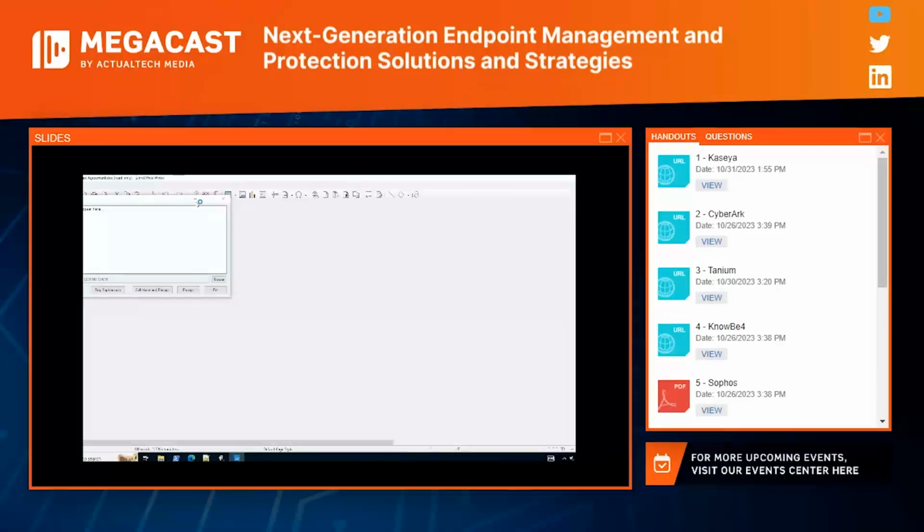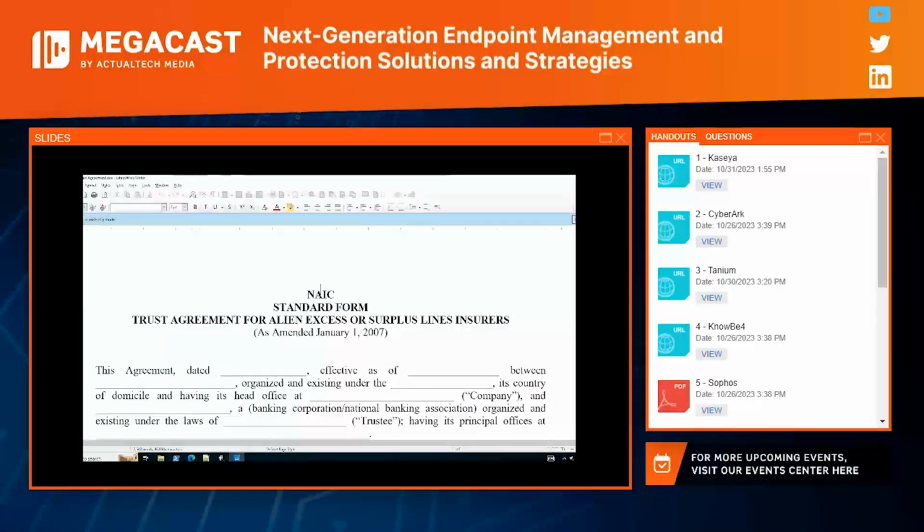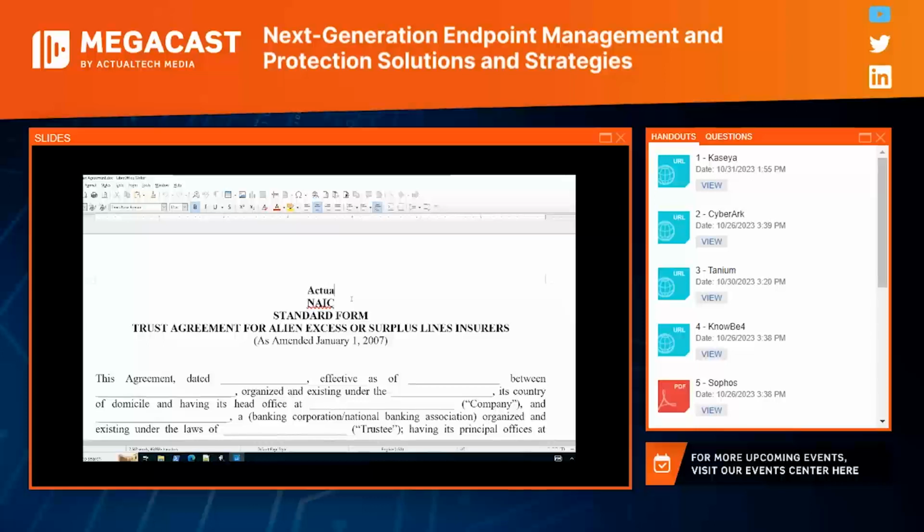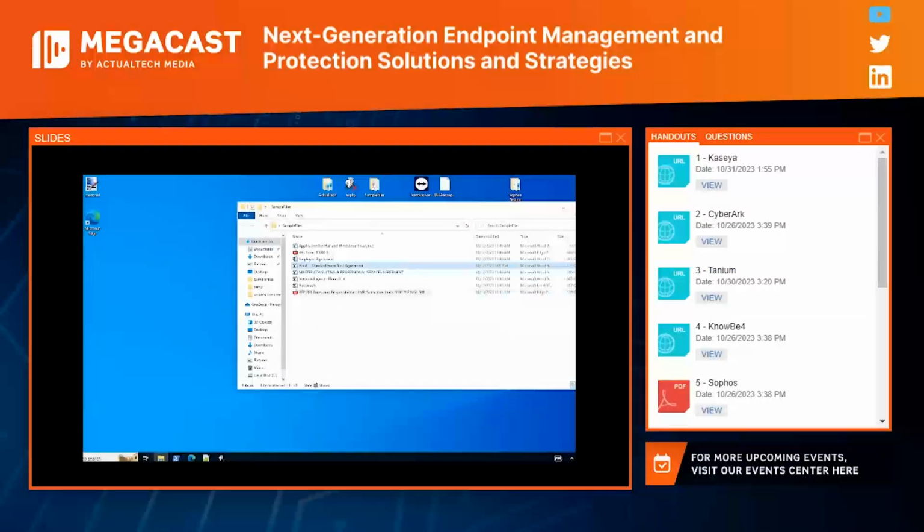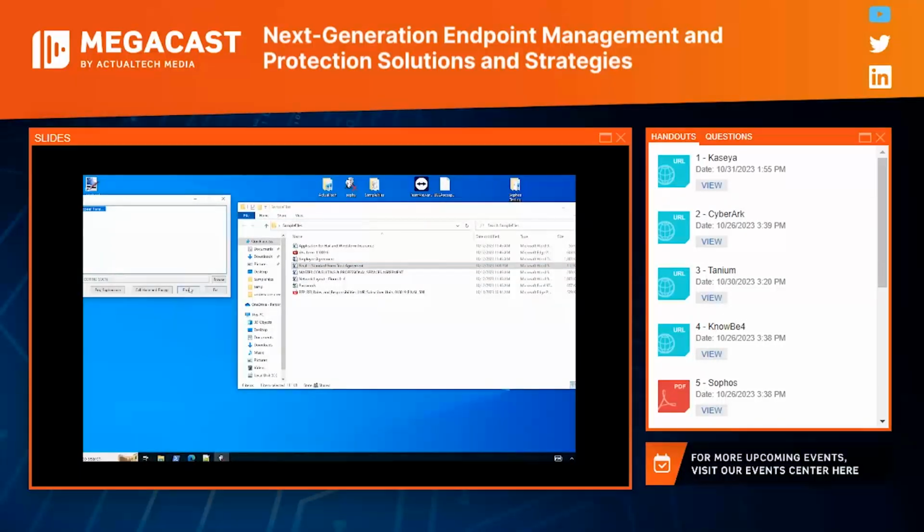So let's step through this piece right here, and I'm going to open it with LibreOffice. What I'm going to do is make an edit to the document, minimize it, and then show that when I deploy ransomware, the restore point that we're restoring to is that just-in-time backup. It's not something in the past that I had previously staged. It's just in time here.